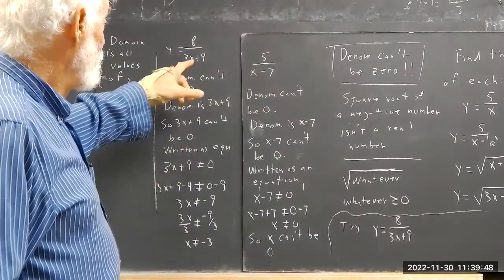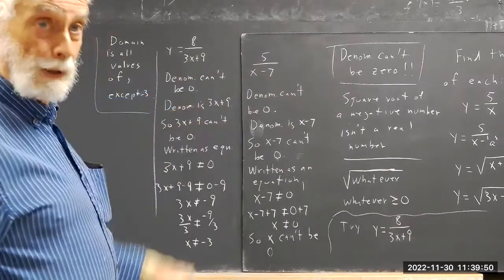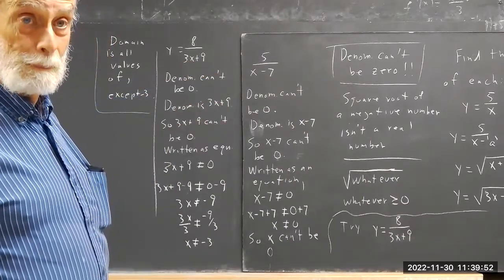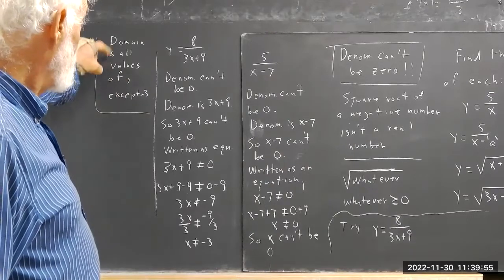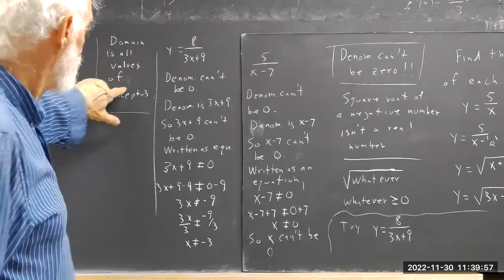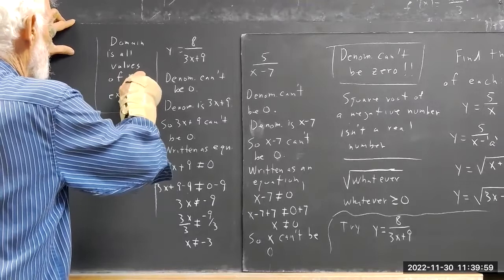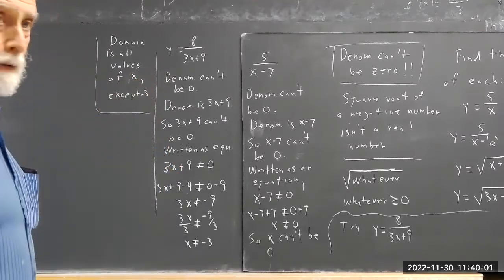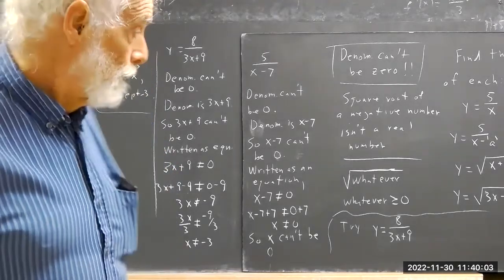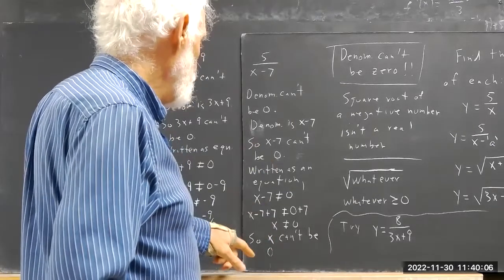You get the numbers that you can't put in your denominator, so they're not in your domain. So you can write this out. Domain is all values of x except negative 3. Down here, domain would be all values of x